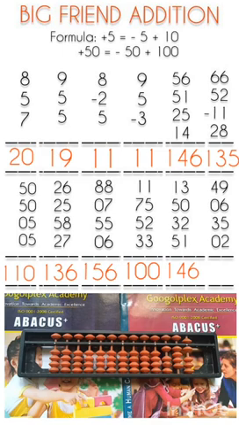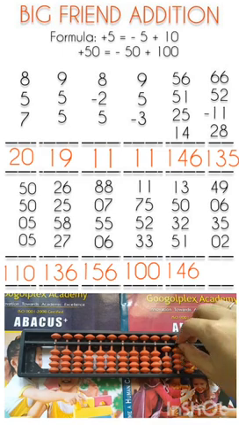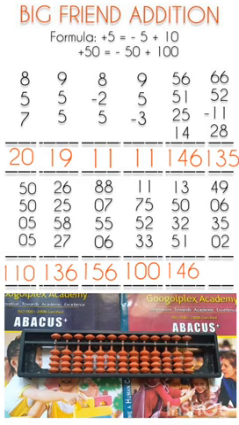Now coming to question number 12. That is our last question. So we have to solve 49 plus 6 plus 35 plus 2. First number is 49. First we have to clear the abacus scale. First number is 49. This is 40 and this is 9. Yes. Now next number is we have to add 6.